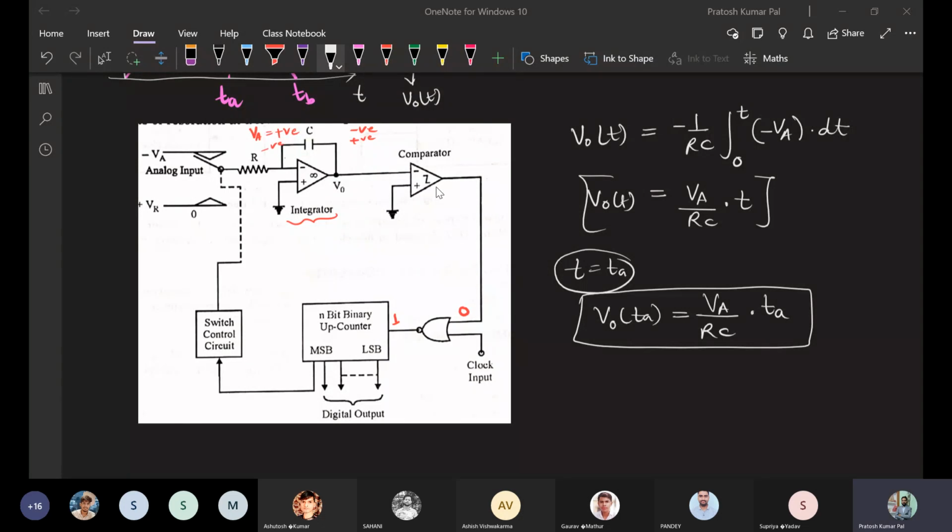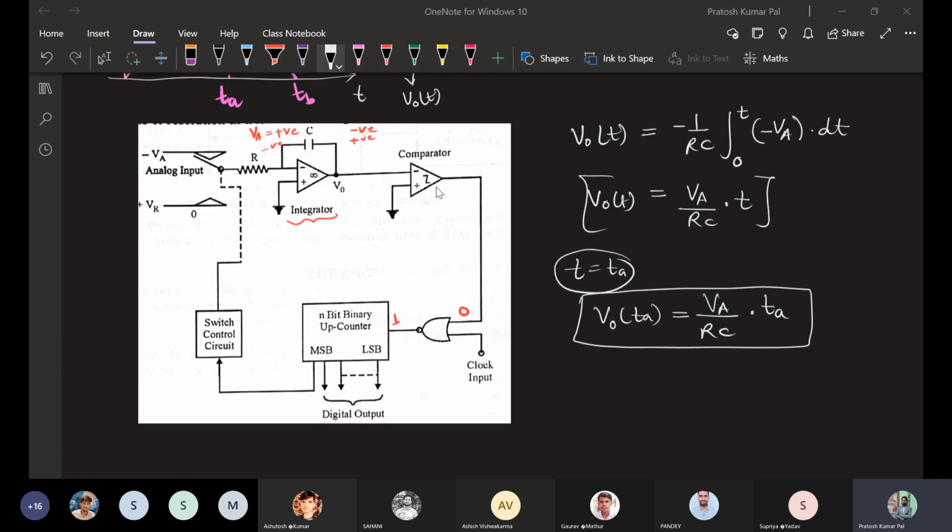Okay, so this is coming out to be a high value here, because it is a positive value. Here it will be a negative output, that means a 0 output will be there. So this 0 will be making sure that the clock at the time is 0. So this is coming out to be 1, so this will activate the up counter.